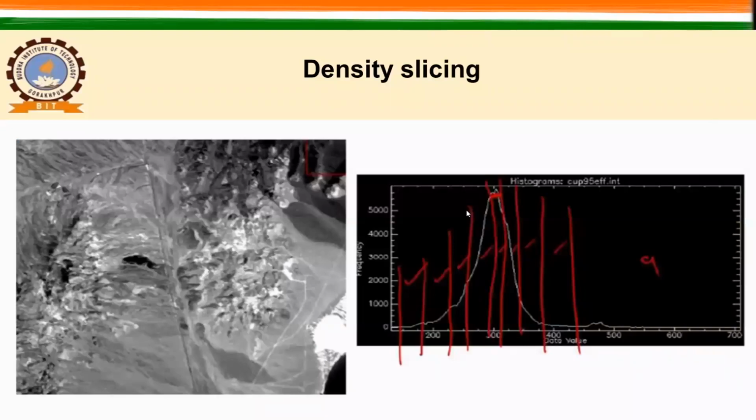See, so here is one example. This is the raw image, okay. The left side image we will call the raw image. We have a raw image where you have this particular histogram, and if you select only this particular range, then only these DN values will be highlighted. So accordingly you can make different sectors, and you can say this is my first class, second class, third class, fourth class, fifth, sixth, seventh, eighth, and so on.